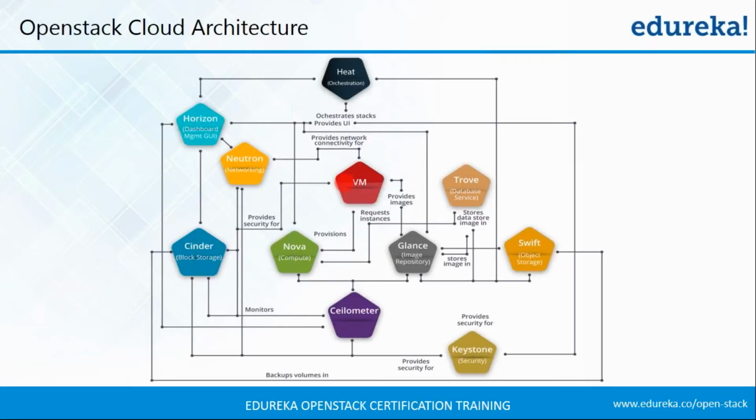So when you request a computing instance, Glance retrieves it from the database, then Glance launches the instance in Nova, and it finally provisions the virtual machine, or your machine, with the computing instance that you requested. And while you're computing, if you want to store some data, these are all directly linked to Swift,